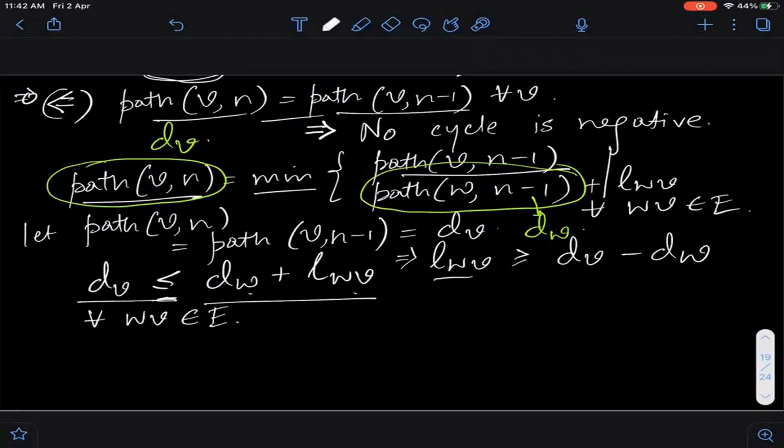Okay. So now हमें proof क्या करना है? Now हमें proof करना है कि no cycle is negative. तो कोई बताएगा अभी कैसे इसको use करके मैं वो proof कर सकता हूँ? So how can I prove that no cycle is negative by using this fact? थोड़ा ट्राई करेंगे 5 मिनट.